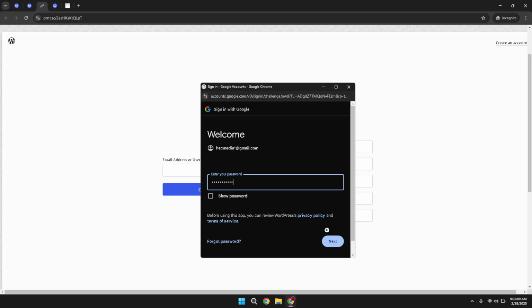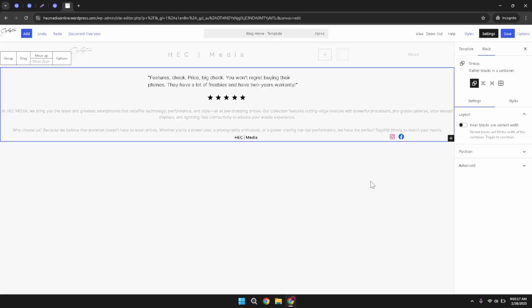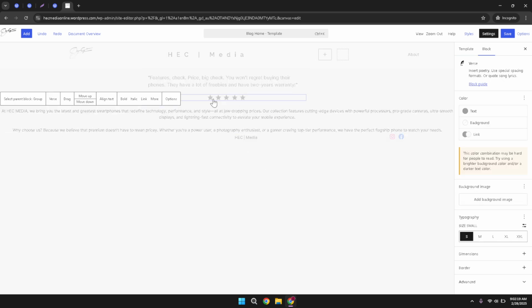With access to your site's dashboard, glance over to the right panel where you'll see several quick links. Click on the one that says Edit Site. This option will lead you to the editor where you can customize your website. After clicking on Edit Site, you need to select your website from the list. It's often straightforward if you are managing a single site, but if you have multiple, just be sure to pick the correct one.